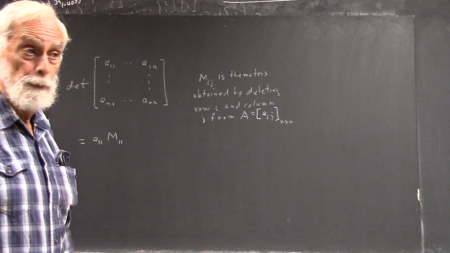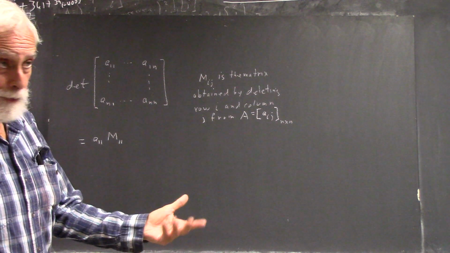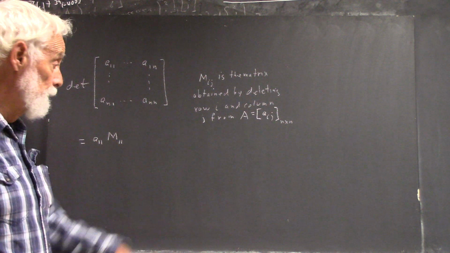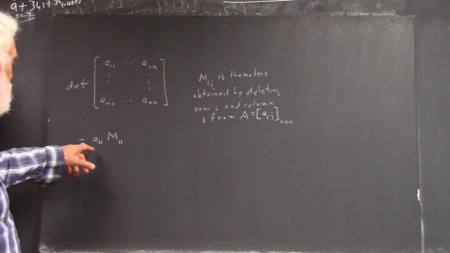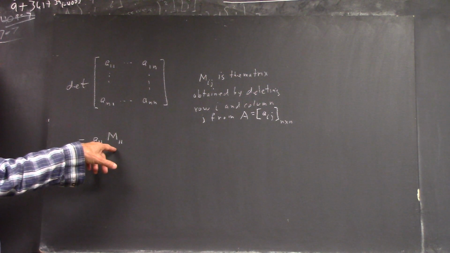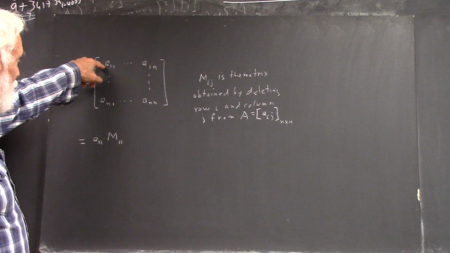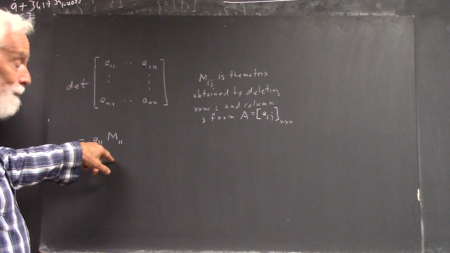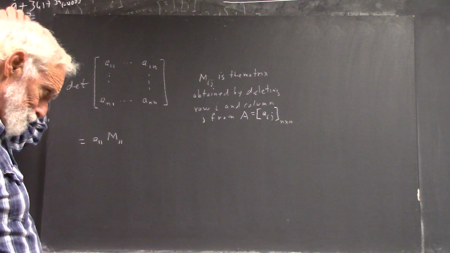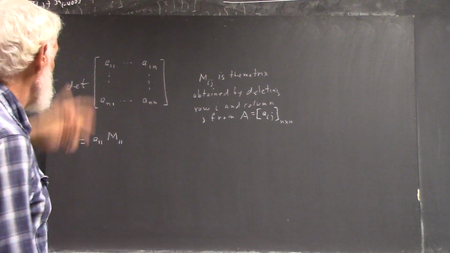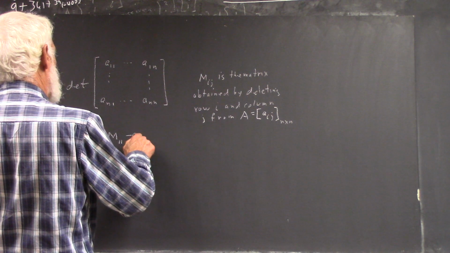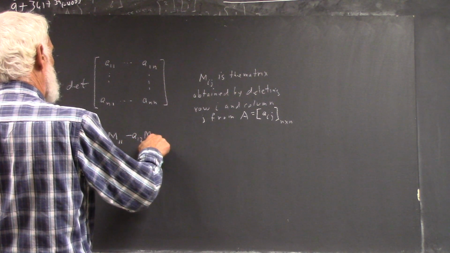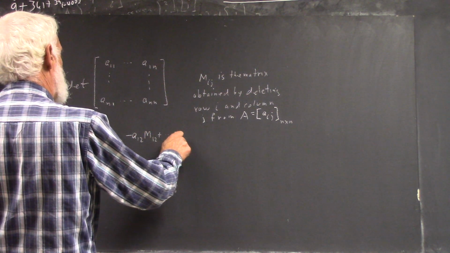You talk about a determinant, and you can't do the determinant unless the matrix is square. Okay, so A11 times M11 means you multiply this times this, right? Except, well, yeah, I'm going to write it out for the 1, 1 row. So that's going to be minus A12 M12 plus